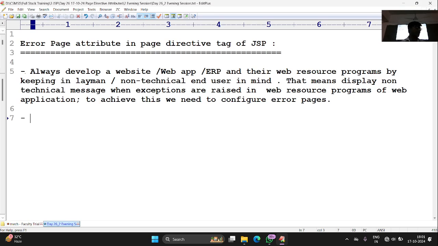Whenever a web resource program or a web application throws a technical error message like 404 not found, or web resource not found, what will the end user understand? Maybe a null pointer exception, maybe a request attribute not matching the parameter names, or any technical errors. If I show those technical errors or server error messages to the end user, will the end user understand those technical